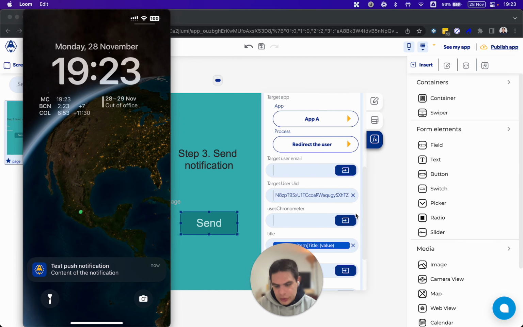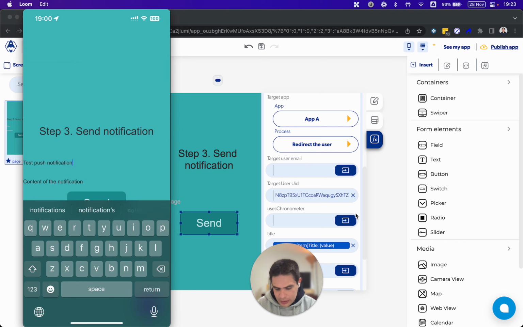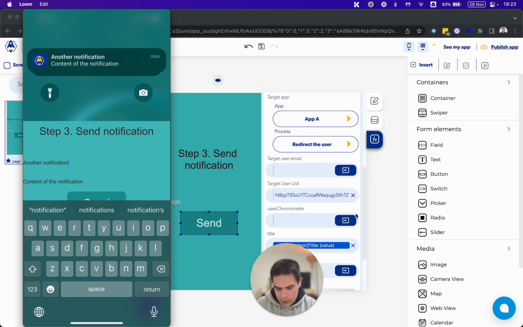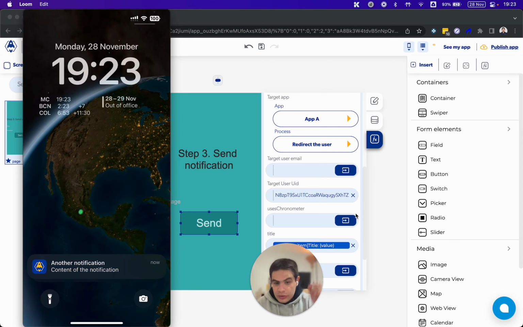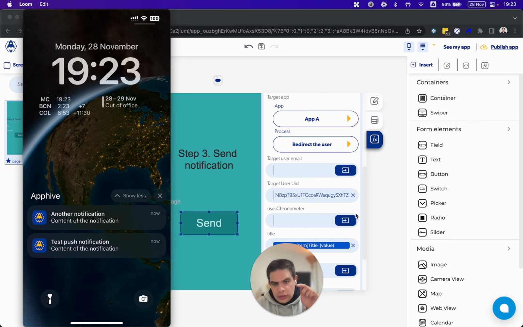Test push notification. If I send another notification and press send, you see I receive the notification. It's on the same phone, but I can receive it. You will receive the notification even if the other application is closed. And if I press this push notification that I receive,